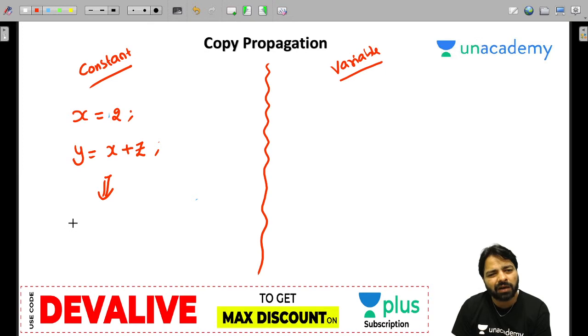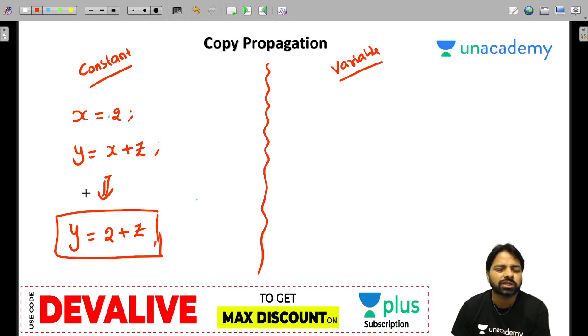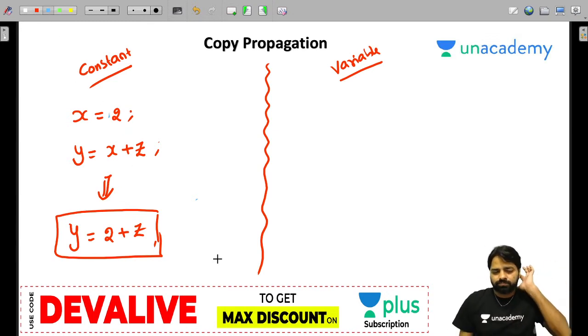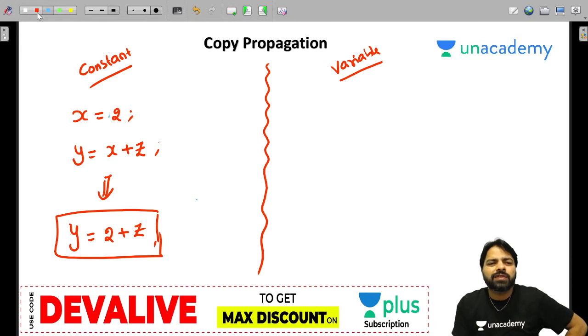So after applying constant propagation, you will see y is equal to 2 plus z. This is the best code. Of course, I also eliminated x is equal to 2. Wherever x is there, you have propagated 2. And what is variable propagation?